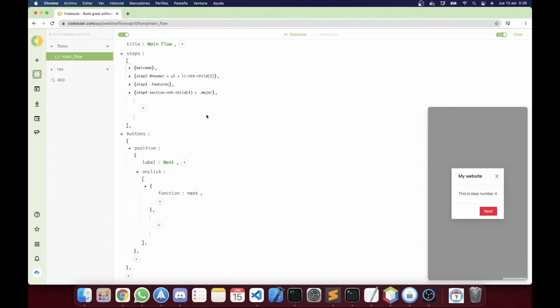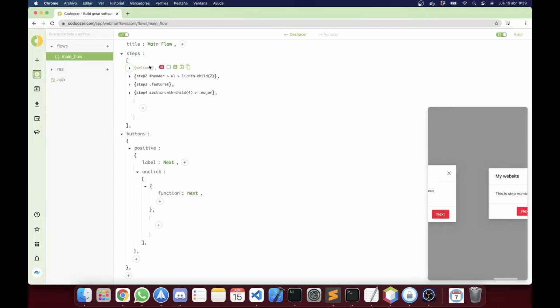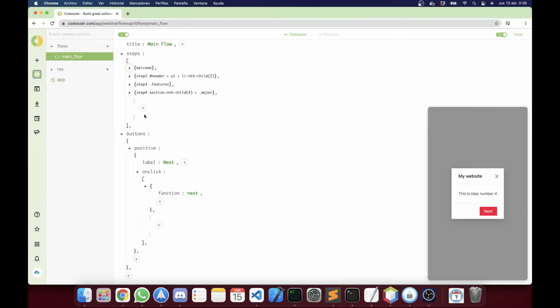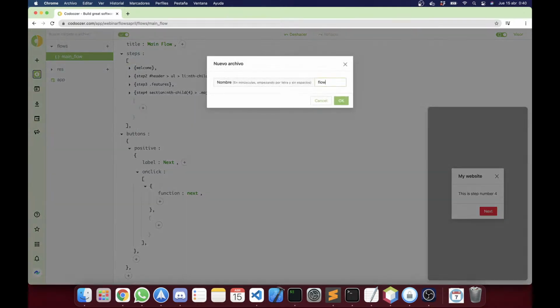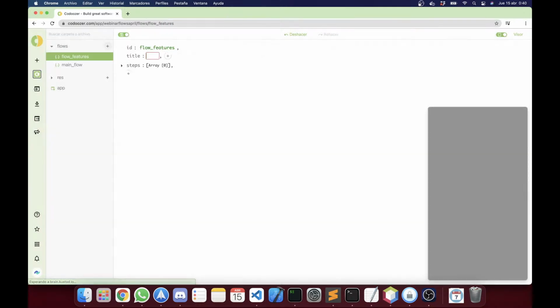We could have all these steps here and then move, because, well, you have the function next that will go always to the next one, but you also have the go to function, which will let you go from one step to another one, which is not the next one. Okay, but so we could have all of them here, but I like to have all my steps arranged by flows. Okay, so I'm going to create a new flow called flow features, for example, and let's call it like